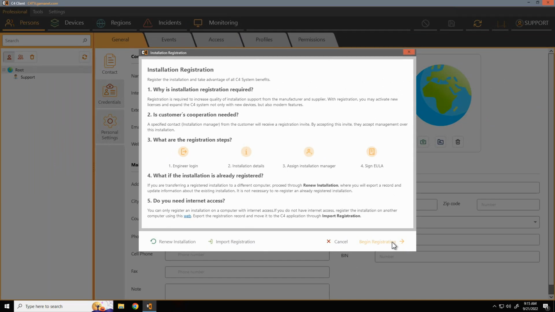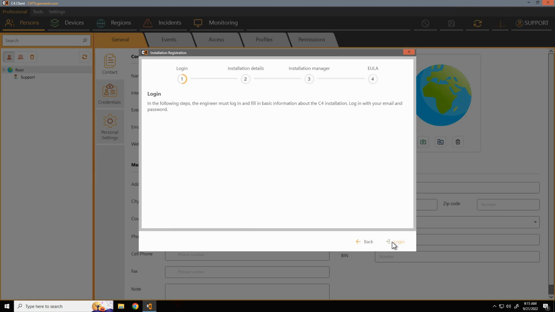The Begin Registration option is used for the first registration of the installation.